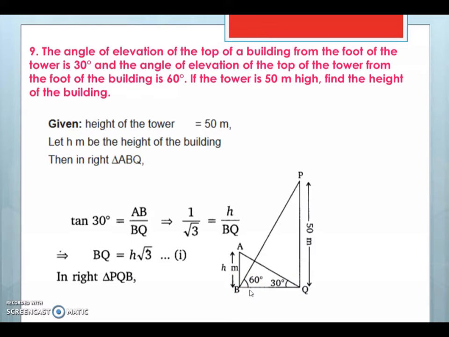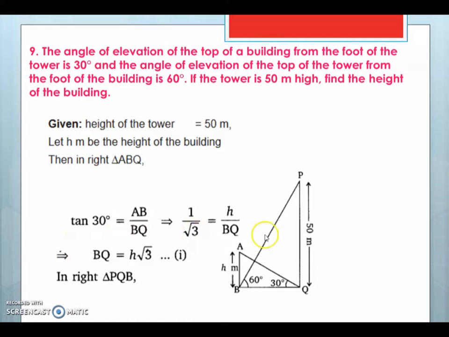And the ratio that you will apply over here. Now, perpendicular is given and here perpendicular is what you have to find out. Now, both these triangles have got a common base, that is BQ. So from one of the triangles where the perpendicular is given, if you apply the tan ratio, tan theta, then you can find the base that is common for both the triangles. So once you get the base BQ, you can use that base for the other triangle ABQ and find the height that you have to find out. That is the required thing.